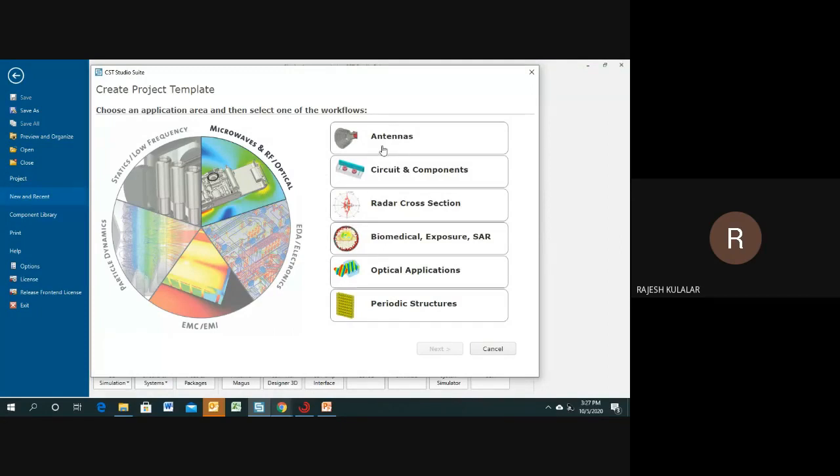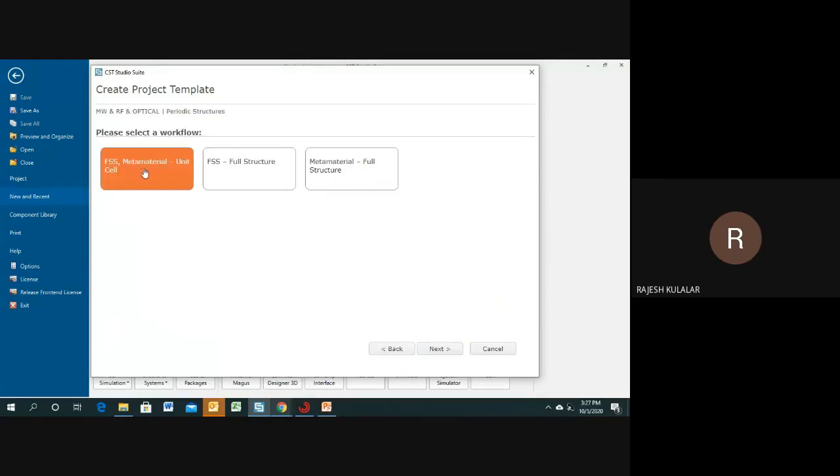If you want to simulate in terms of S parameter, they can simulate S parameter, and from the S parameter they can calculate the metamaterial absorbability. You can perform FSS metamaterial simulation, and check whether it is an absorber material or a filter type of material.